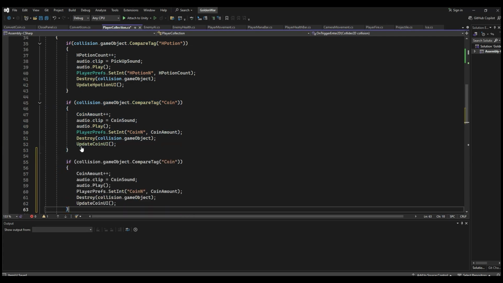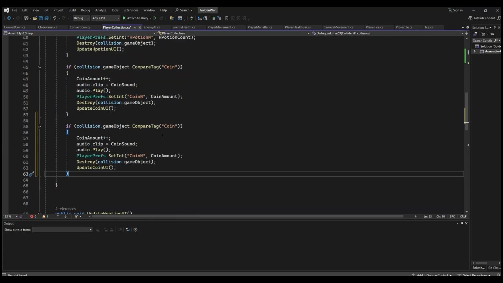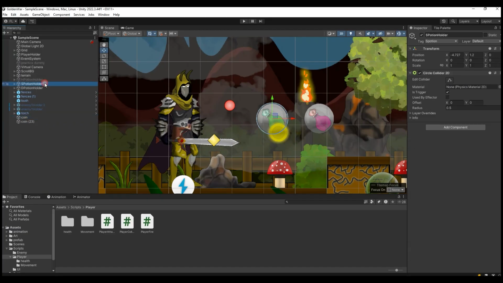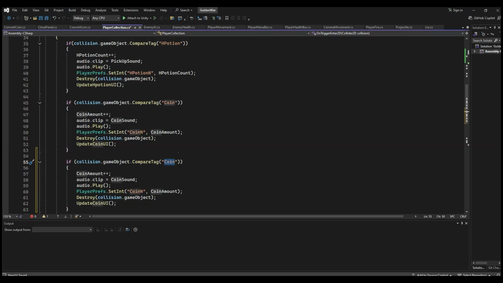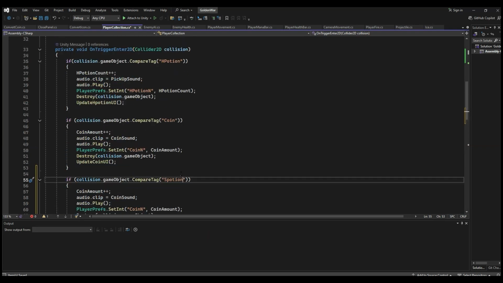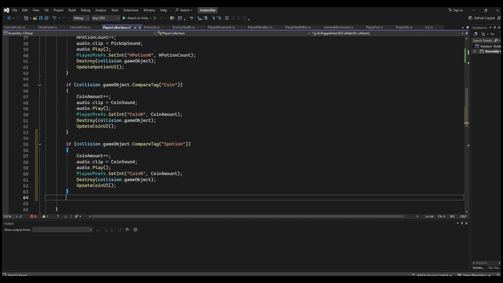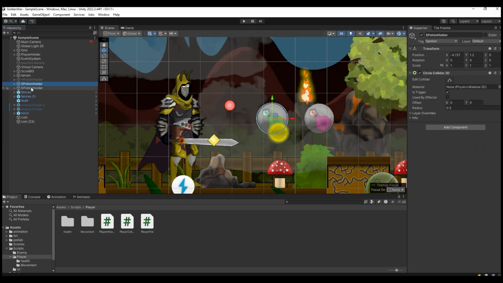So I say that if this is, if it collides to, link it here, yes, that is a potion. And also for the D potion,